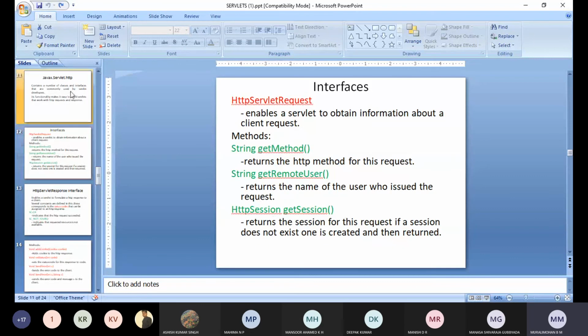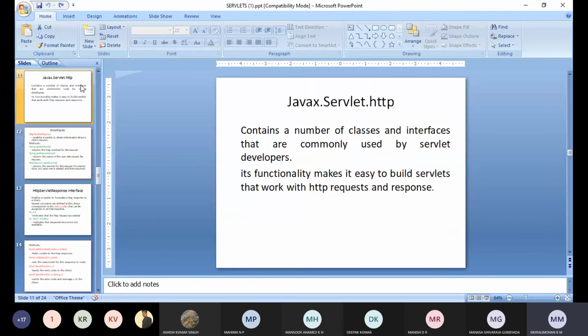All these interfaces and classes are inside the javax.servlet.http package. Including the javax.servlet package, these two packages form the servlet API.